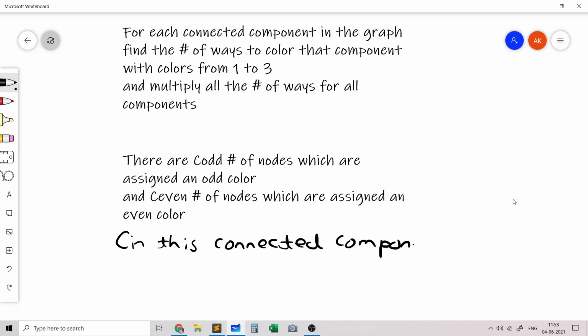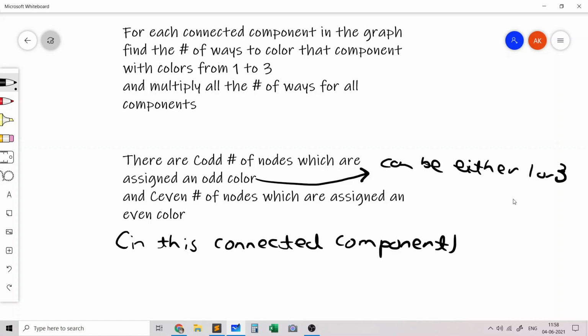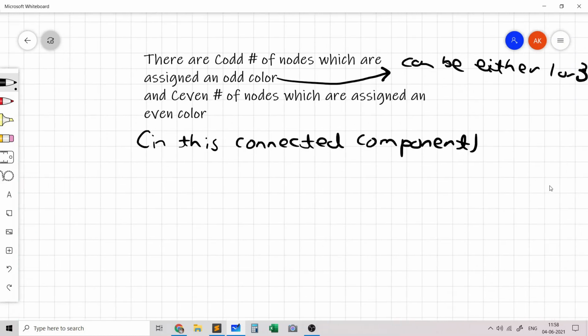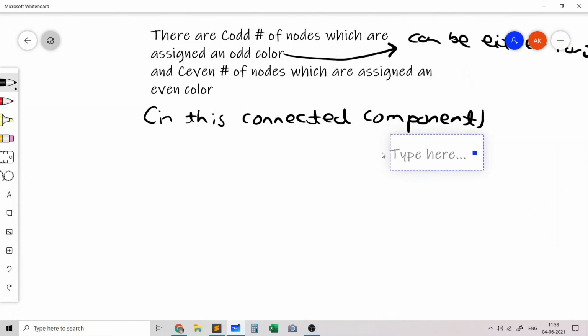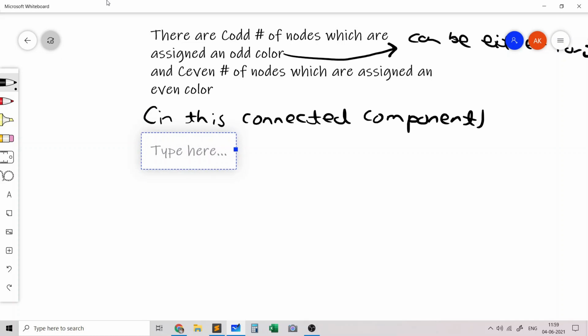What we actually need to extend is that this odd number can be either 1 or 3. Right now what we have done is we just ran the normal DFS to compute the colors for every node, which is either an odd color or an even color.